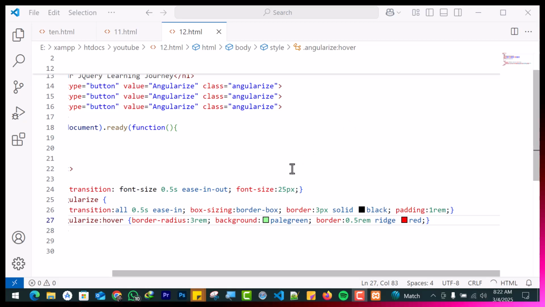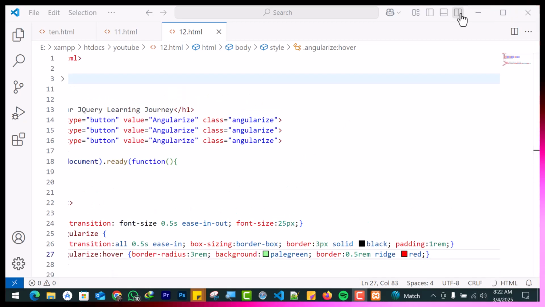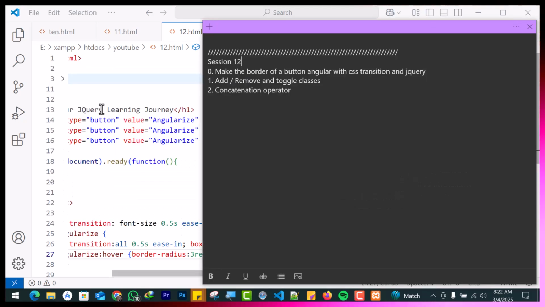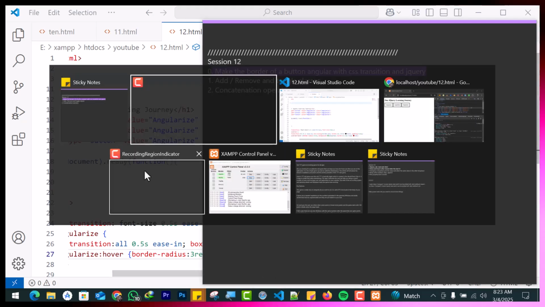So this was the transition effect done. So another thing is